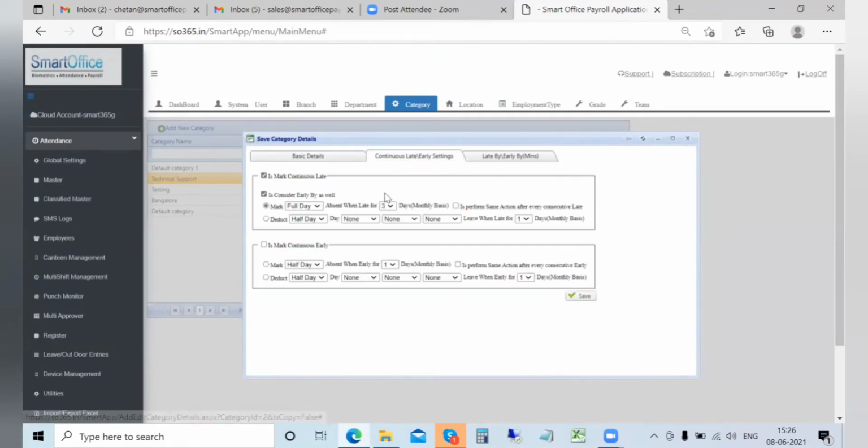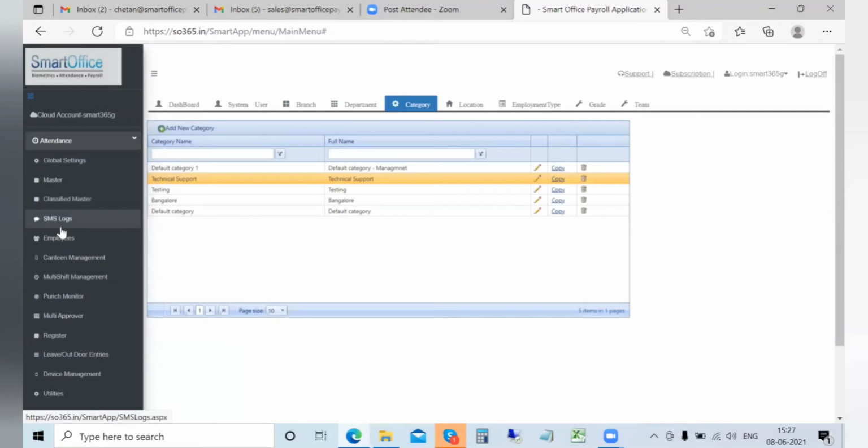Now there is also another option which is mark continuous late. We normally see people coming in late for various reasons. So you can define a late policy wherein you can have a direct deduction in absence in case people are late for a certain number of days. We can mark full day or half day as absent, or you can deduct leave also, and you can define, priority wise, which leave to be applied based on the balance available with the employee. So this is about category in short. There are more options. If you have any questions, our team should be available to take care of those.